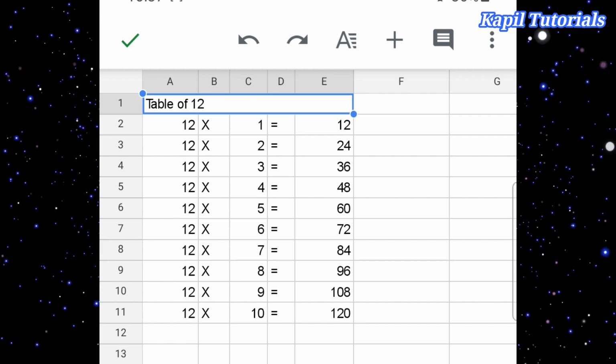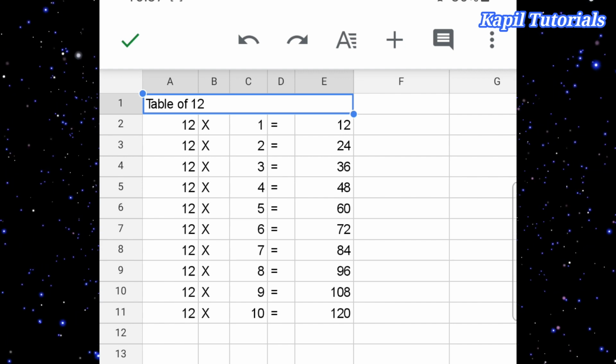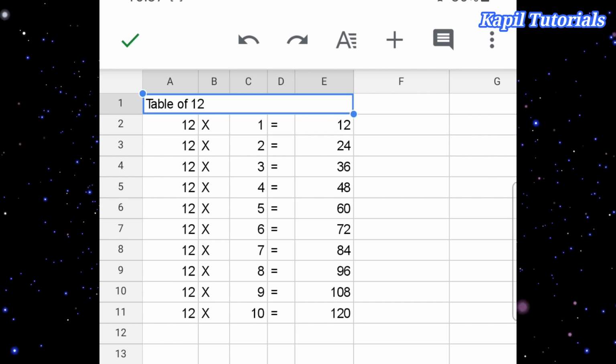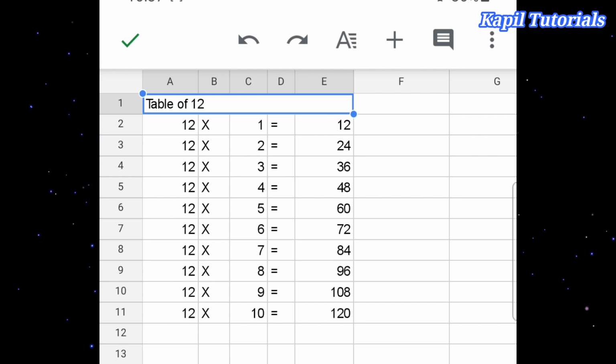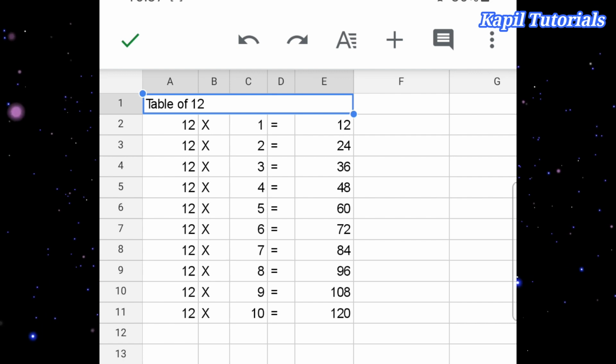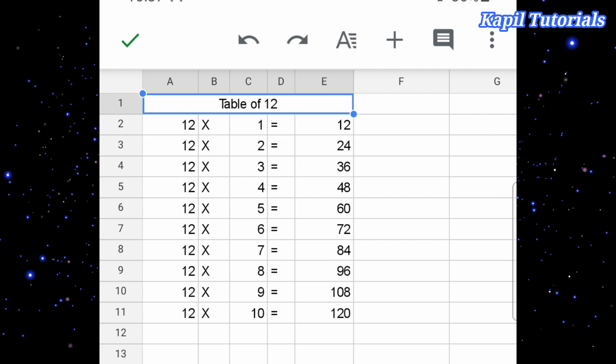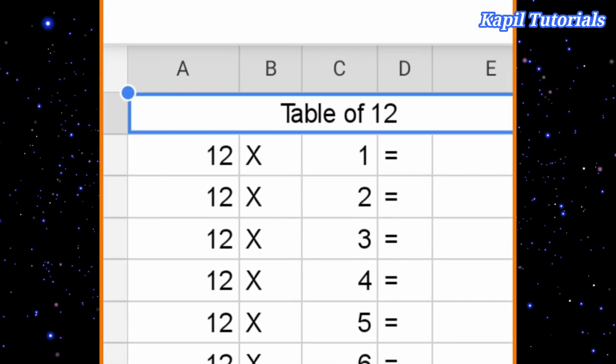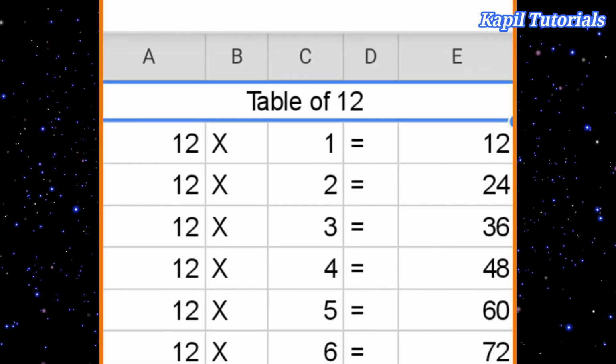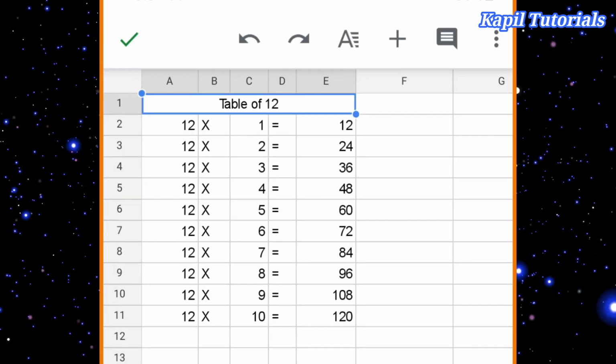Now to make it in center, I'll press this option. The options are coming, 3 options are there. I'll select the middle one. So you could see here the table of 12 is coming in between. I hope it is clear to you.